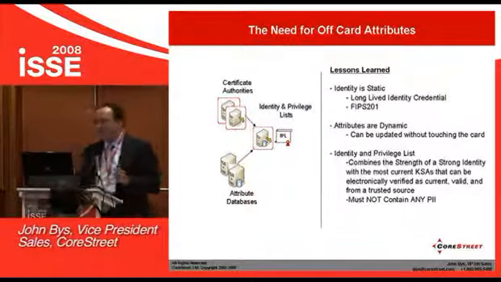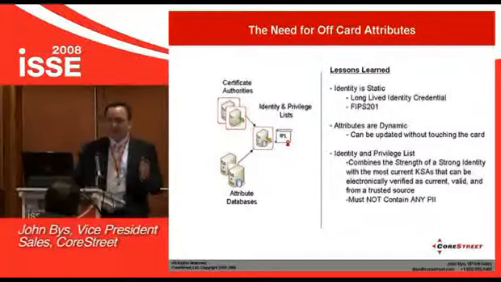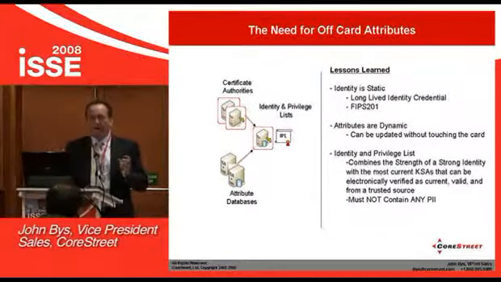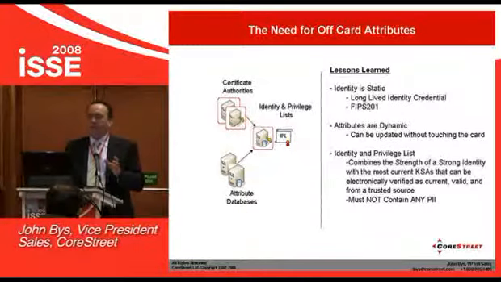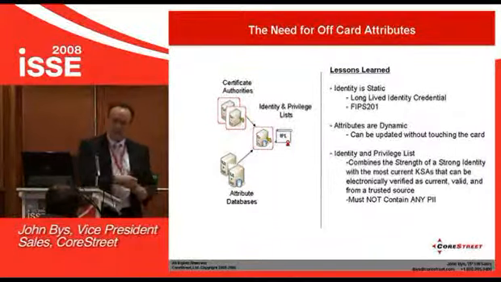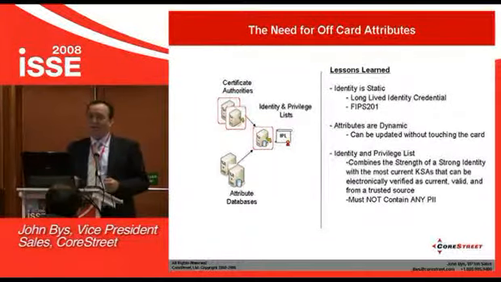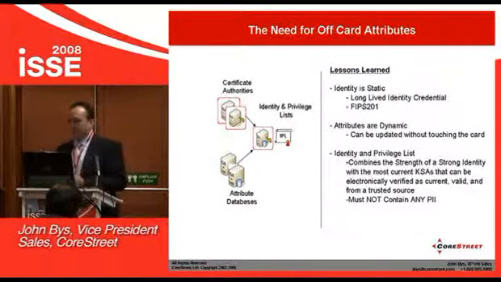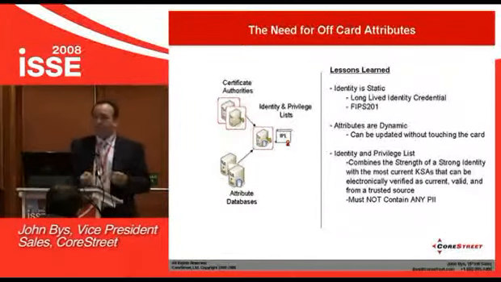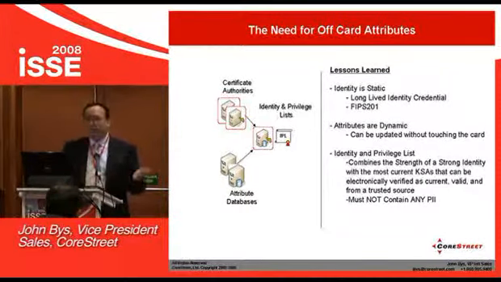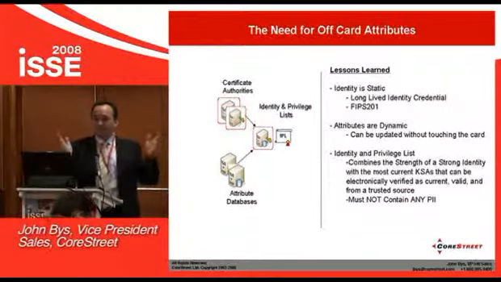Because let's face it, if you're in the military and we make your rank part of your identity, what happens when your rank changes? We have to revoke that identity and reissue a new one. If that identity happens to be on a smart card, it means I've actually got to get you to come someplace, revoke that card, and reissue it, because it's not something they just do over the internet when they feel like it, because that would break policy.